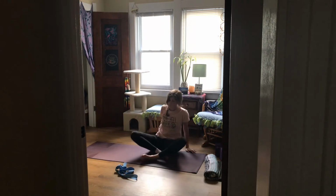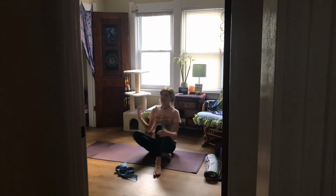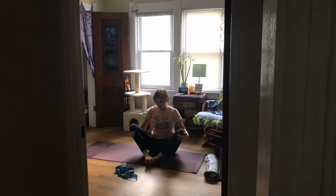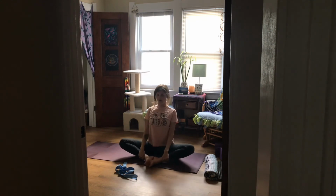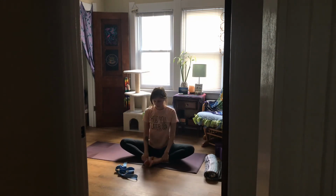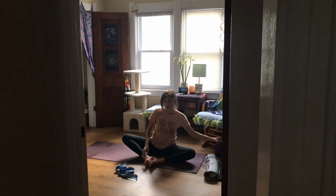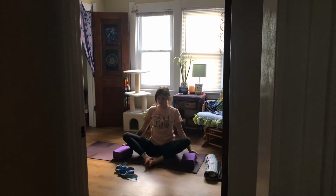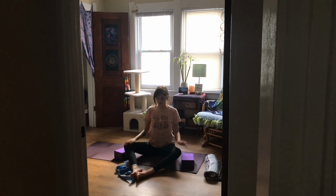Actually, once you're seated, feet to the floor, knees bent. And then draw the soles of your feet together, knees wide, come into butterfly pose. So if this feels uncomfortable at all, maybe your hips are talking to you, you can grab your books, your blocks, place them beneath your knees. You can also bring your feet further away to have a more diamond shape pose,